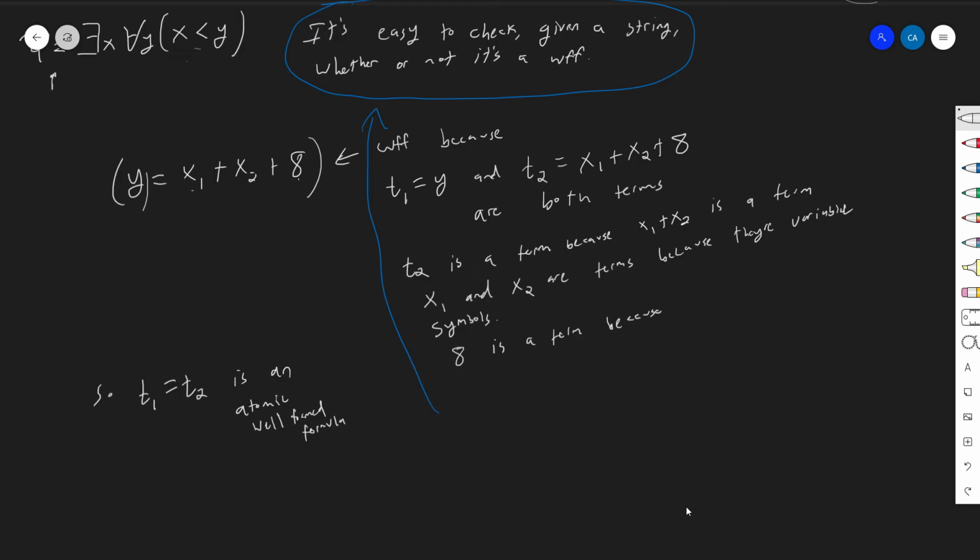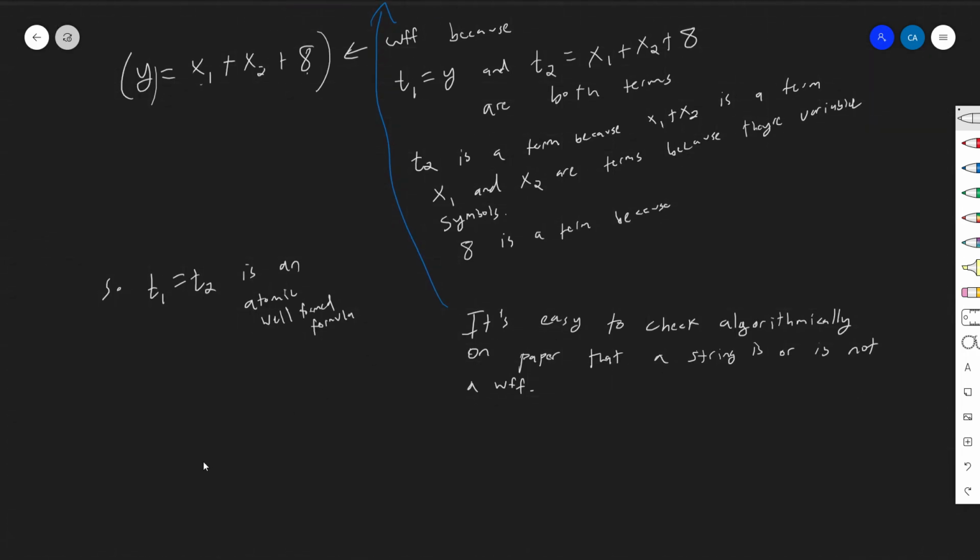Let me write that again. Let me just say it's easy to check algorithmically on paper that a string is a well-formed formula, or is not a well-formed formula. That is to say, a string in the language of number theory. It's easy to check that. What are we going to say next? Therefore,